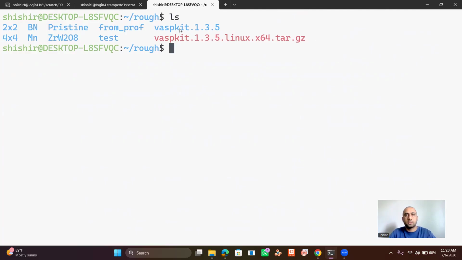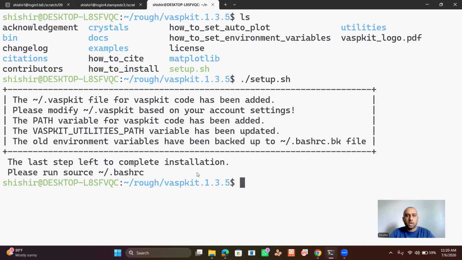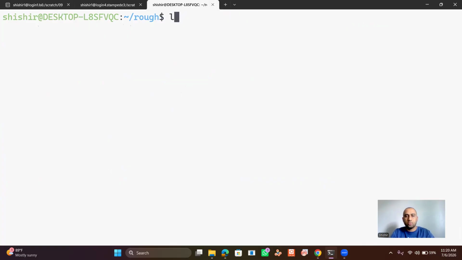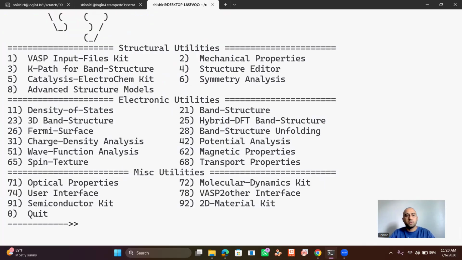So it's extracted. Here is the folder. Let's go inside this folder. And then here you can see there is setup.sh. So what you have to do is ./setup.sh. After doing this, you have to run this. So copy this and then run this. So it's ready now. Now if you go back, you can go to any location and just type VASPKIT, then enter. So here you can see